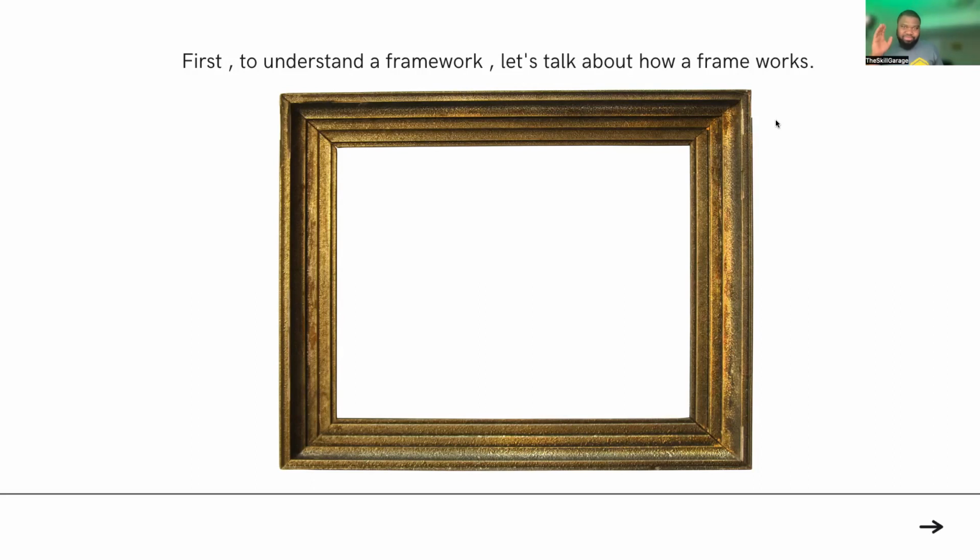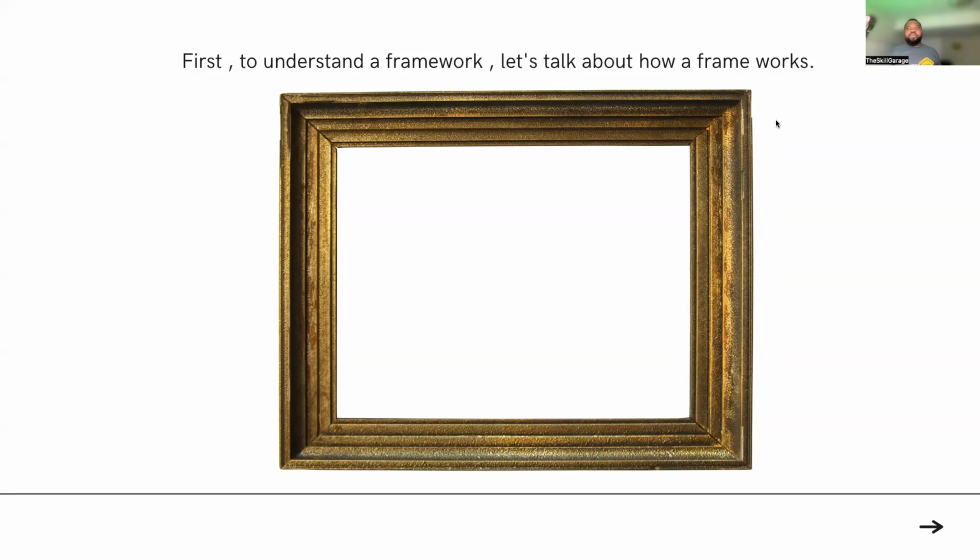It's an approach. That's what we call methodology. Waterfall is a methodology. Agile is a methodology. It's iterative and incremental. But you see framework.